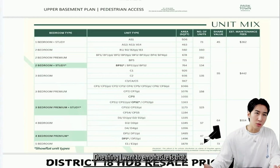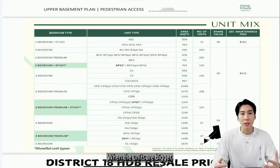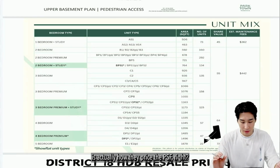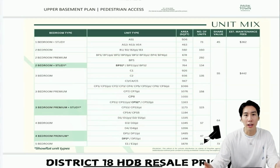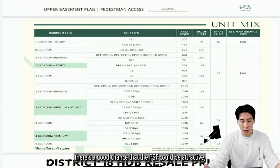One thing I want to emphasize is what happens when the units are bigger. When the units are bigger, what developers have to be more cautious about is how they price the PSF. Because if the units are big and they price the PSF too high, then the quantum becomes too high. Looking at this unit mix, there's a good chance that the PSF could be attractive to keep